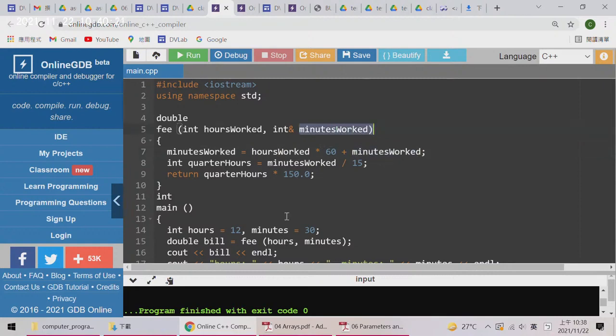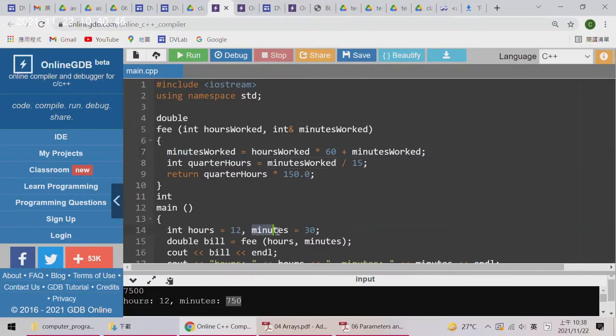So here minutes worked becomes 750. And if I add the AND operator, then this value